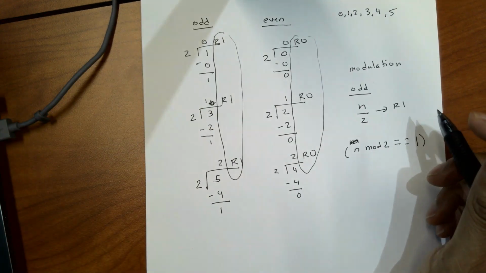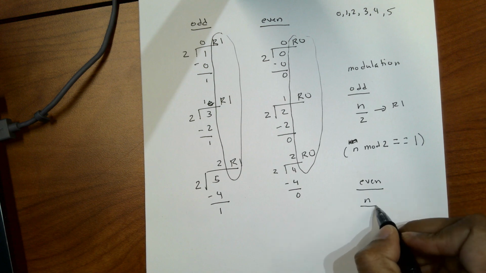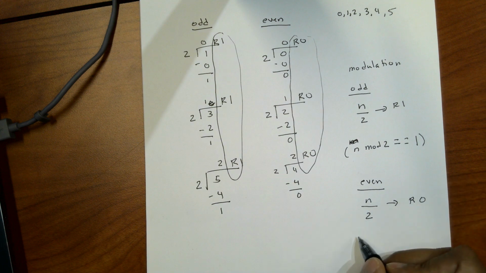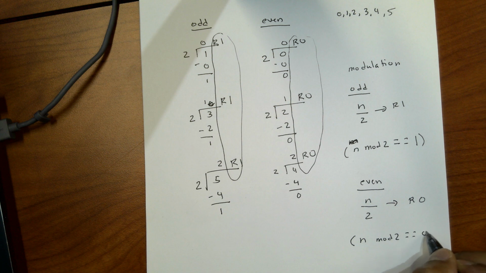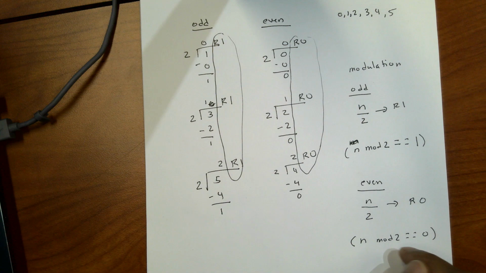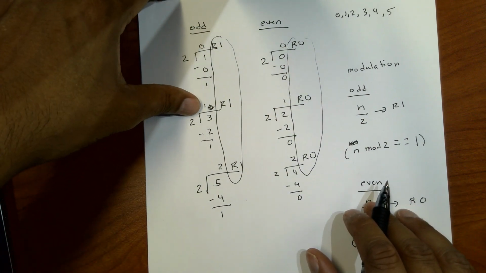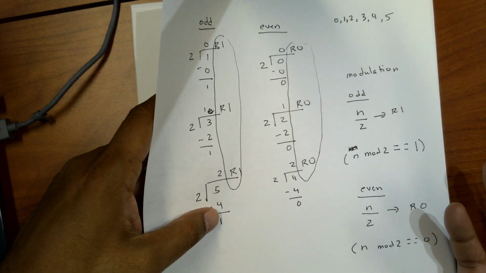For an even number sequence, I take the number n divided by 2 and I get a remainder of 0. So n mod 2 is equal to 0. That's how modulation works. Now from here, let's build on it. How do we push this into more of a programming form? So in a programming environment,